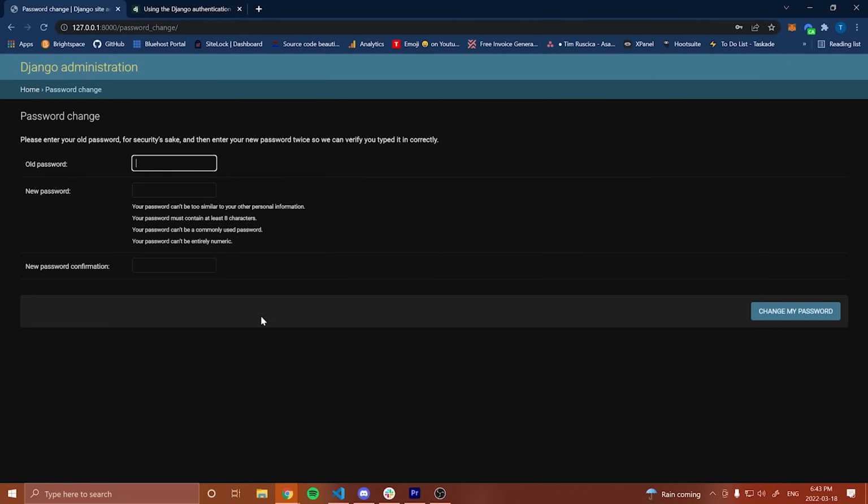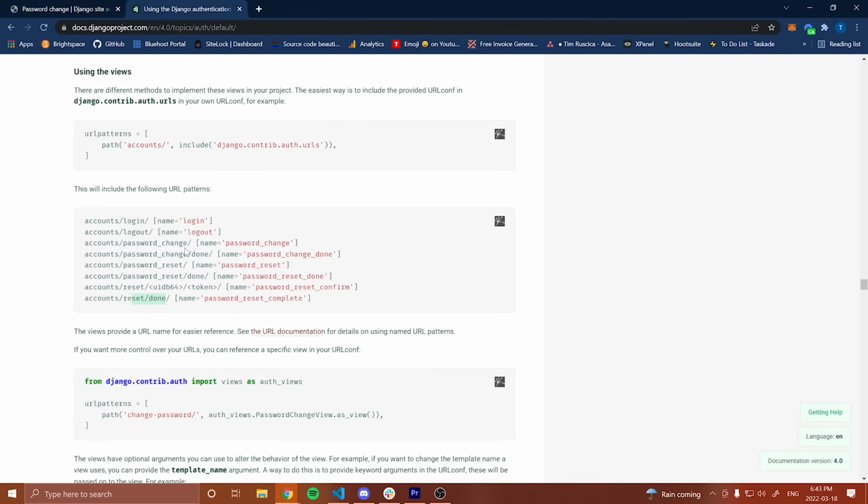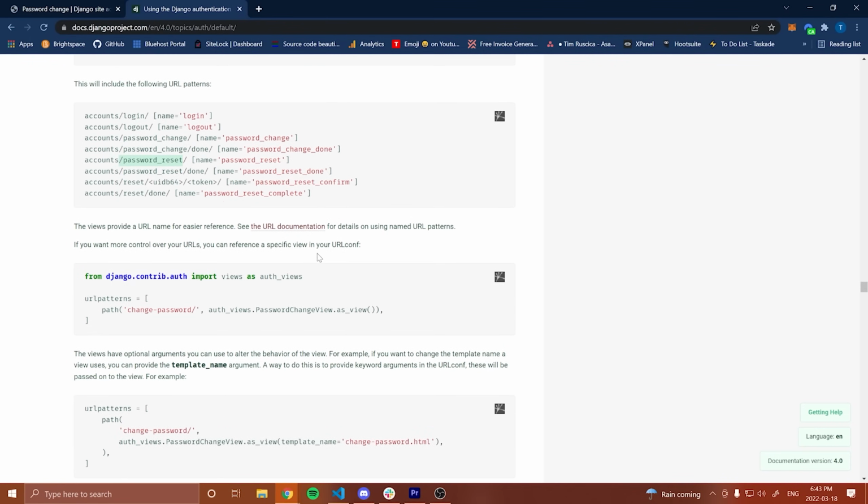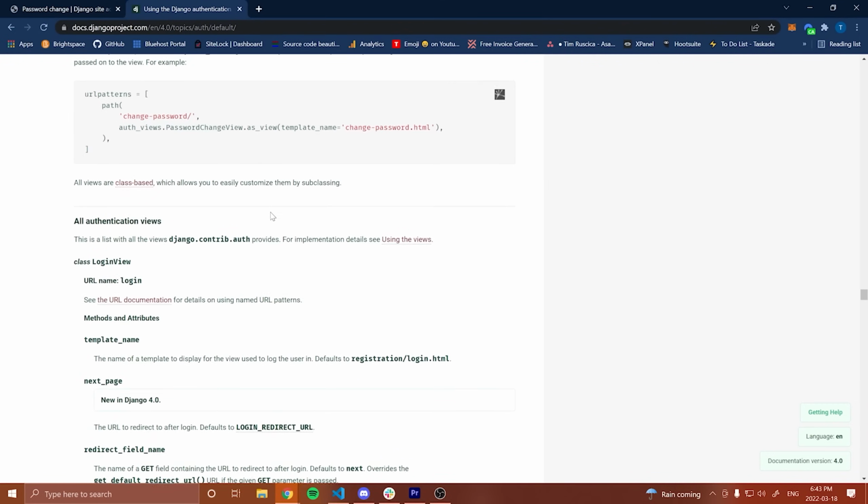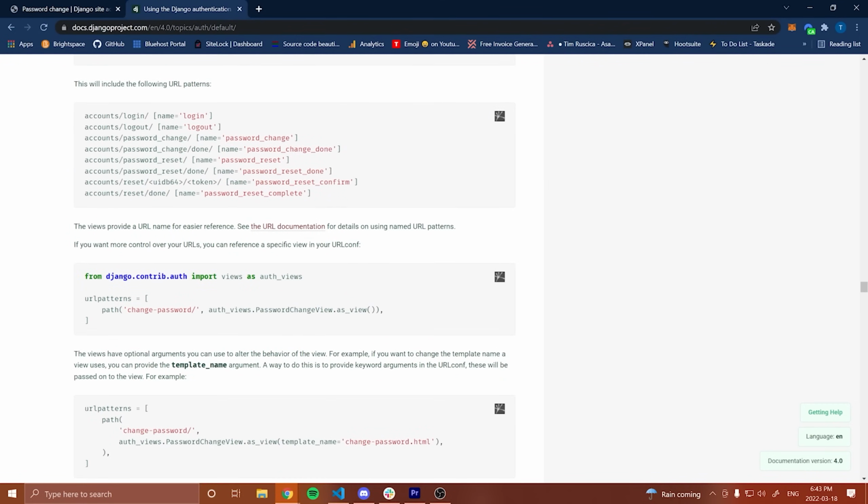So just like we overrode the login view by making that login.html template, you can make templates that have these names, and then it will render those templates and display the form and all of that. So I just wanted to show that to you. You can continue to read this to see exactly how that works, but stuff like password reset and password changing